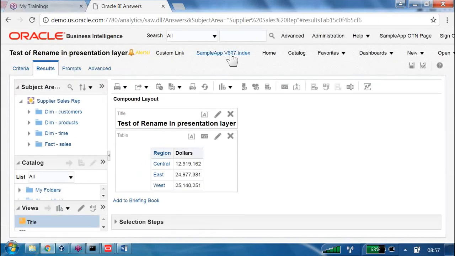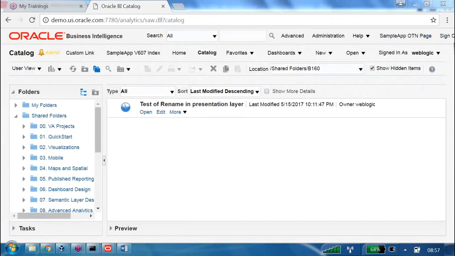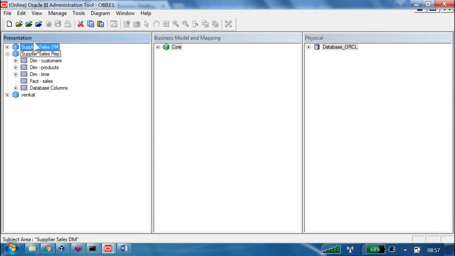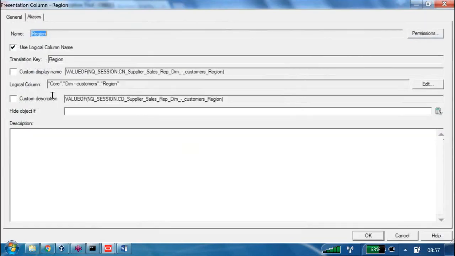Now what I will do is, now I am trying to sign out. I went to the home. Like that reports, assume like 1,000 reports we have it. Now RPD developer, what he did is this region column is available, right? This region column he renamed as, let us say, region 1. Region column he renamed as what? Region 1.